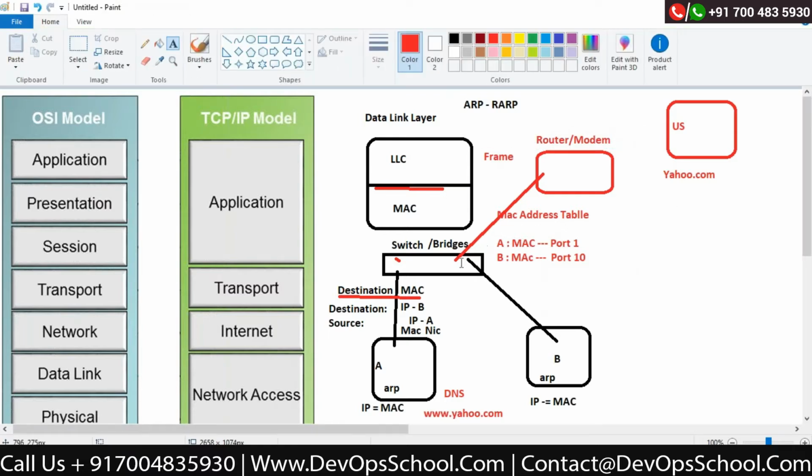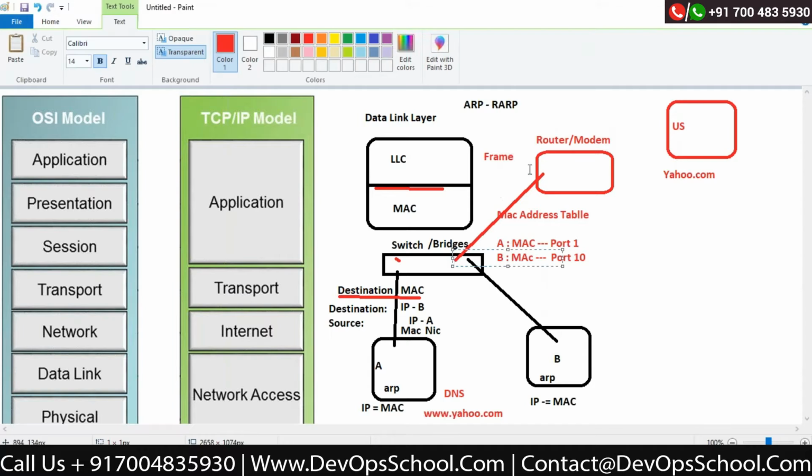I have the MAC address of the port where this modem is connected. Remember that this switch will always register the MAC address of every device. The router has its own MAC address. My switch knows the MAC address of my router or modem, and on which physical port of the switch it is connected.